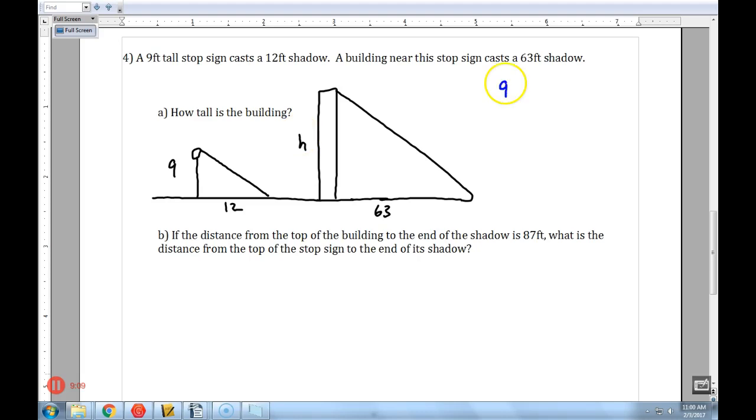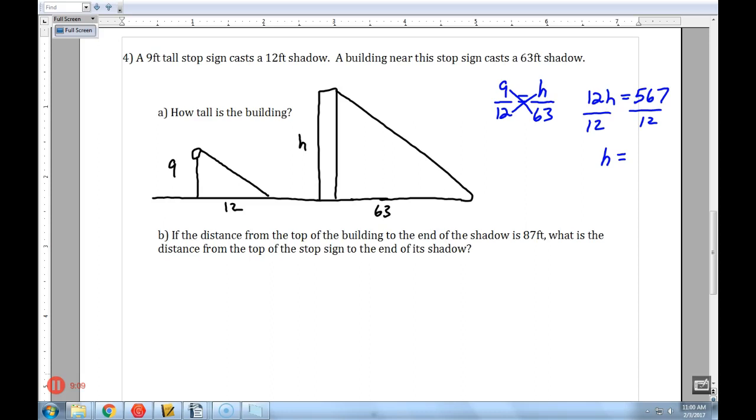I'm going to do little height over little shadow equals the bigger height over the bigger shadow, and I will get 12H equals, that's 540 and 27, 567, and divide both sides by 12. And let's just put that in the old calculator and see what it shakes out. 567 divided by 12 equals,